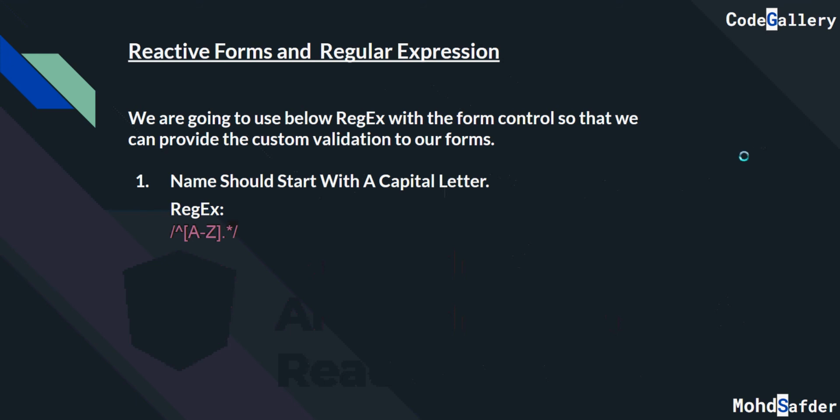First we are going to see how we are going to apply a regular expression, which is actually the best way to accommodate custom validation in reactive forms. Suppose we have a sample validation rule that says we need a capital letter at the start of the name input. We are going to demonstrate it practically with one text box in which you put your name, and the name should start with a capital letter.